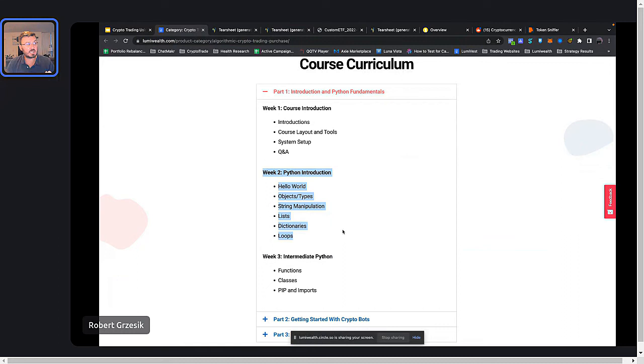You don't need to be an expert programmer for this stuff. Building bots is not very complicated technically. It is much more difficult to actually sit down and come up with these strategies, right? So your Python skills, if you're not a good programmer, I wouldn't worry too much about it. If you are a great programmer, if you're someone that has been doing this for a while, you probably run circles around people. You can do some really, really cool stuff, but that is not required to go through this class. I think both people will get a lot of benefit from it, but you don't have to be this incredible programmer to do this stuff, right?